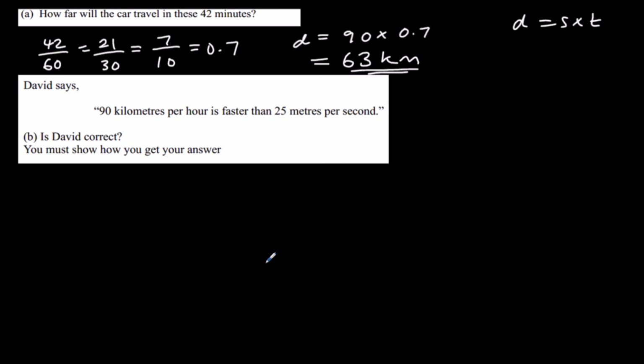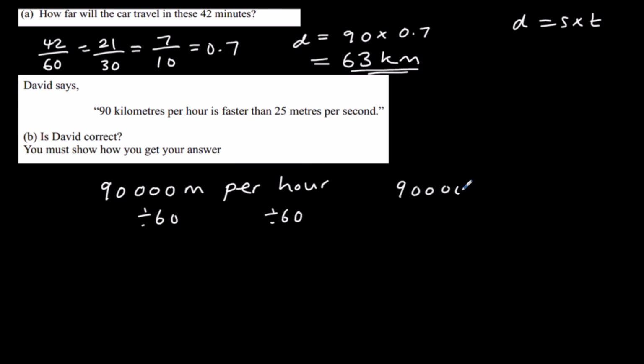Part B. David says 90 kilometers per hour is faster than 25 meters per second. Is he correct? So 90 kilometers is 90,000 meters. Divide by 60 to work out how far we go in a minute. 90,000 divided by 60 is the same as 9,000 over 6, which is the same as 4,500 over 3. 45 over 3 is 15, so it's 1,500